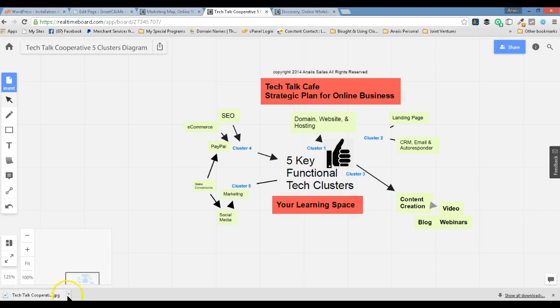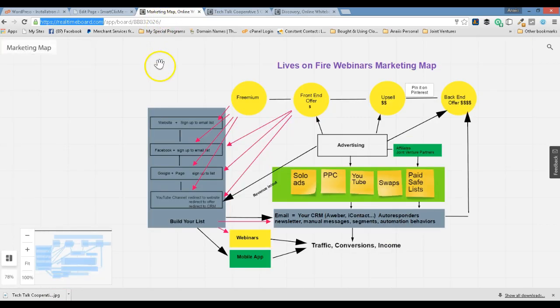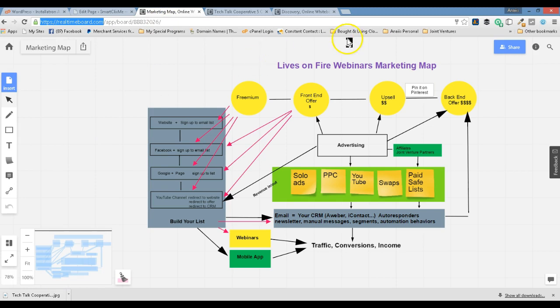And here you can see it has appeared in my tray, and it is ready for me to open up, and it's a JPEG. And this is another opportunity for you to see how you can make your own boards. If you have a process that you're working on and you want to share that process or you want to clarify it for yourself, this is very helpful, because one of the things that I find working with my clients